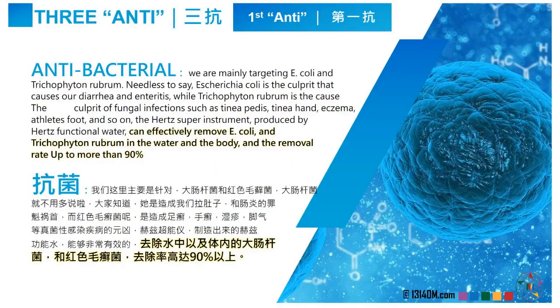Next, we move on to the third functional benefit of the new terahertz functional water, also known as the 3 anti. The first anti is antibacterial. Terahertz functional water can effectively remove common bacteria such as Escherichia coli and Trichophyton rubrum in the water and body. These bacteria are the main culprits behind diarrhea and fungal infections such as athlete's foot, eczema, and other